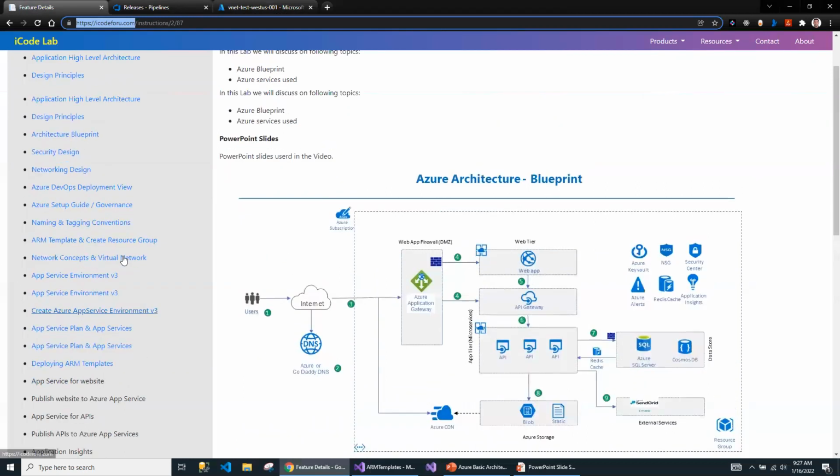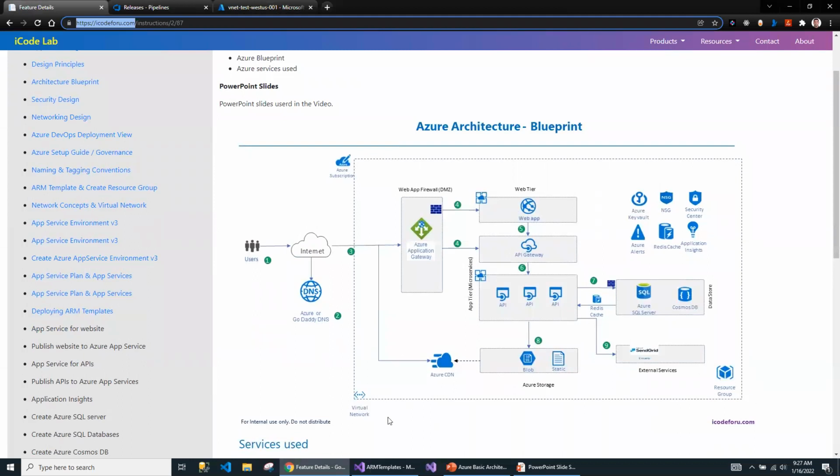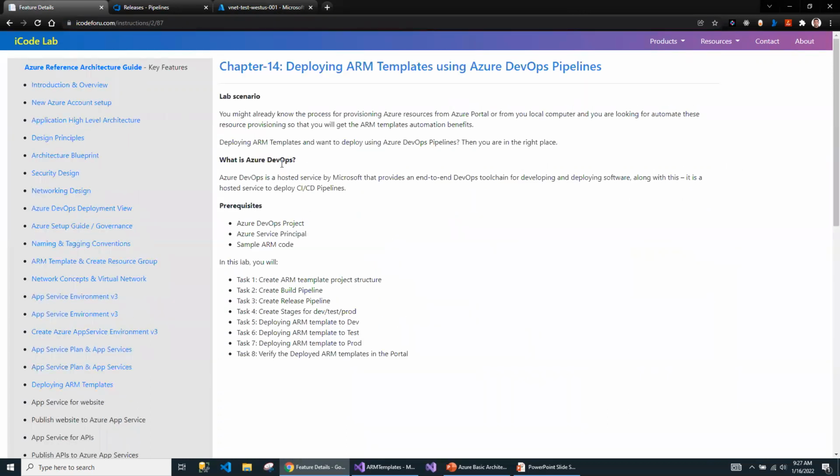So far, in previous videos, if you have missed any of the videos, you can look at them, but I've already created a resource group, a virtual network, an app service environment, and then an app service plan for a web app and another app service plan for the microservices. So almost 30% of the resources are created, and I'm going to continue for the rest of the videos. So it's a kind of practical lab session. I'm creating the documentation on this website along with the labs, along with this practical session.